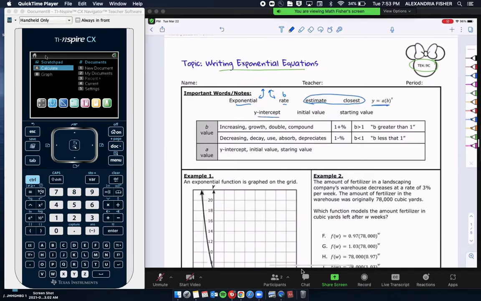You have your y-intercept, which is also your initial value and starting value. All of these mean the same thing, and that's your a value. Remember, in this equation, okay? So then,